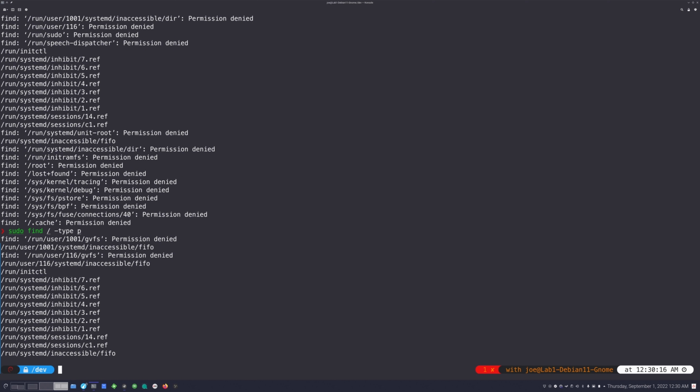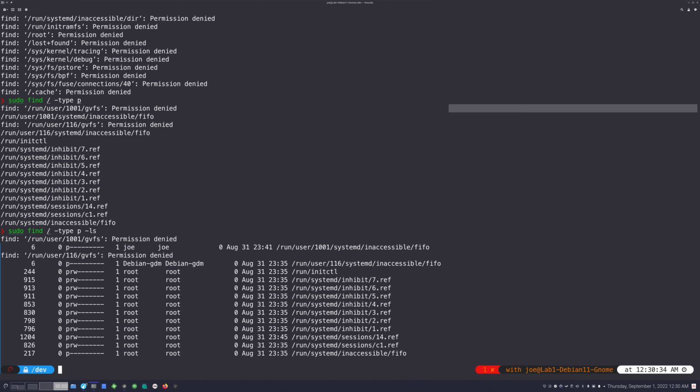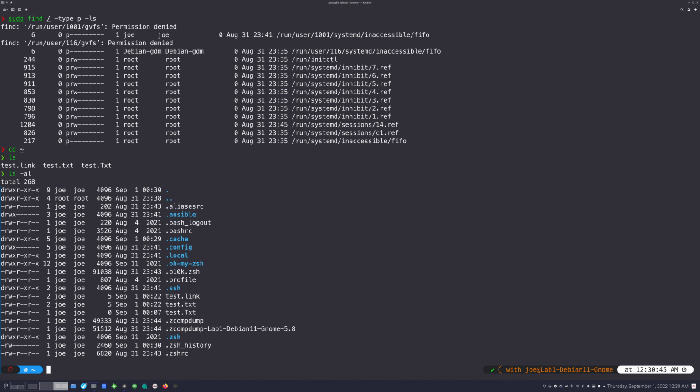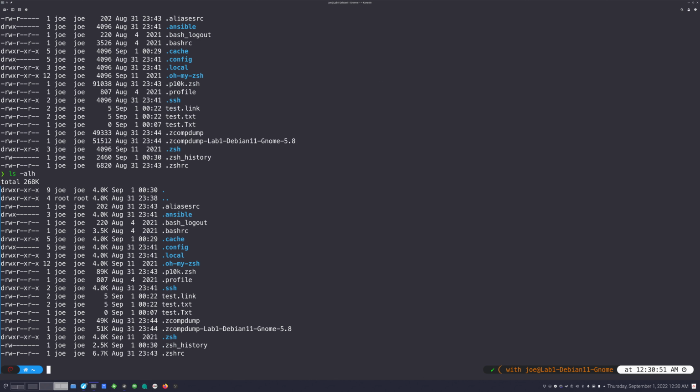Of course, I've showed you how to list file information. That's the next thing on my little cheat sheet here that I'm going by. But we'll skip that. That's just adding the -ls. You've seen that. So if I add a -ls, you can see that we can list the stuff here. And then the other thing we can do is we can find a file by its size. So if I go back to home here, I do an ls -al. You can see we've got some stuff. Let's do a -alh, actually, human readable. So we could find stuff, for instance, that is 807 bytes, not even megabytes.